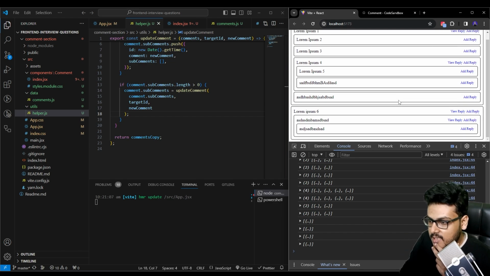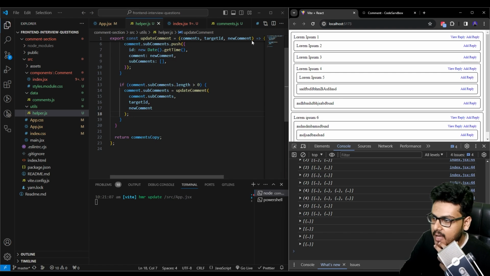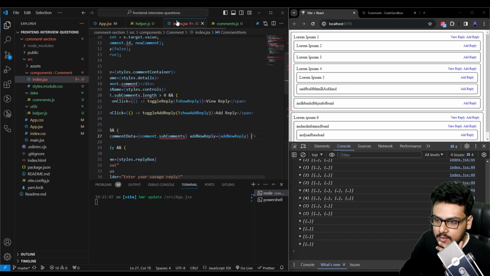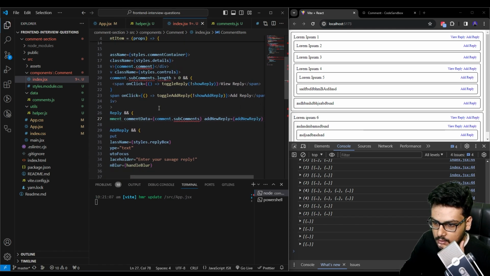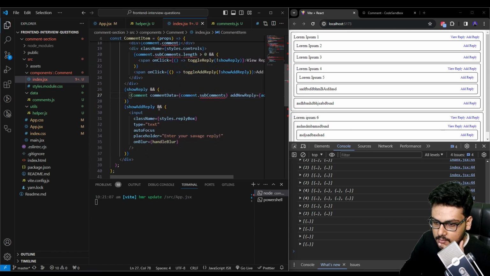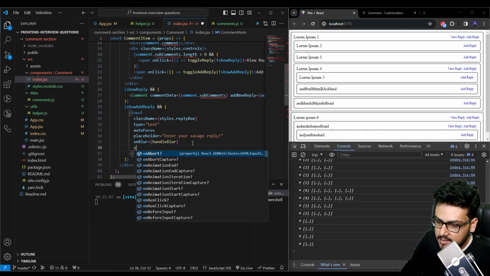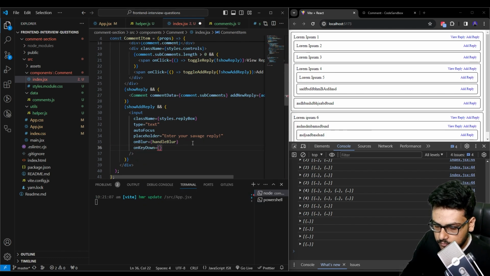Now what else can we add? So we are having this on the blur. This particular stuff which we are doing over here is happening on blur. We have to perform this on enter maybe. Okay, on enter. So I'll say something like on key down,